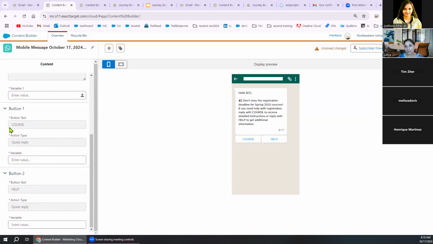So even the button text I cannot edit. So in the variable, you can actually specify a variable which can refer to the keyword course. So basically you can use course or help as a keyword. You can actually use anything, but just to make this variable unique,